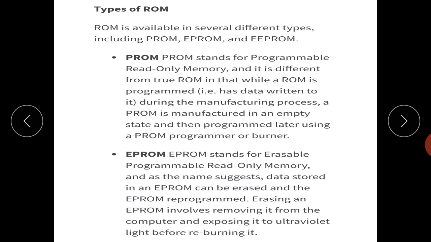Now we will come to the types of ROM, in which first is PROM, programmable read only memory. It means the programs are already written over there and we cannot erase them, right? PROM, programmable or burned. CD is one example of it. It means we have only written the instruction in it, but we cannot erase it.